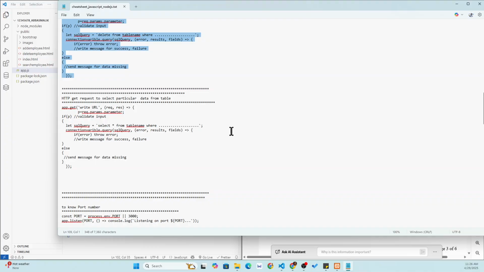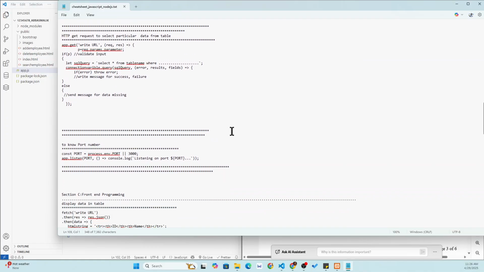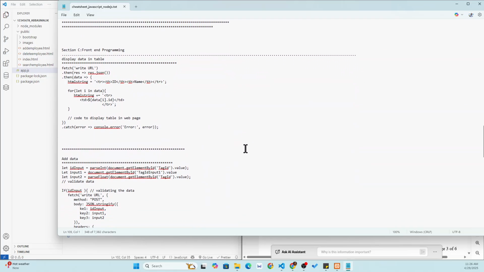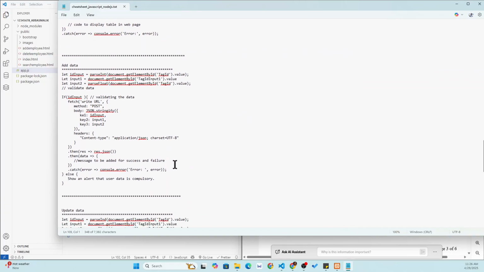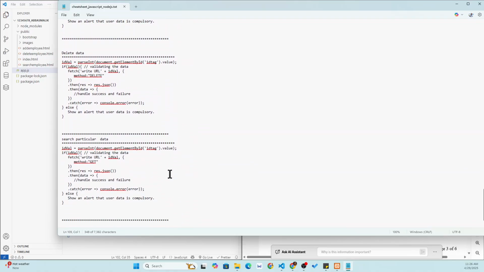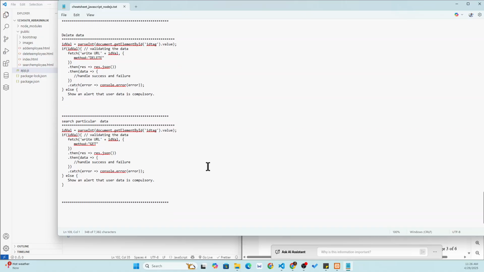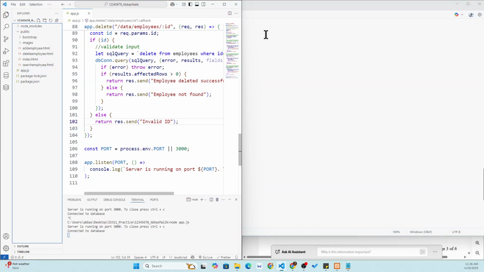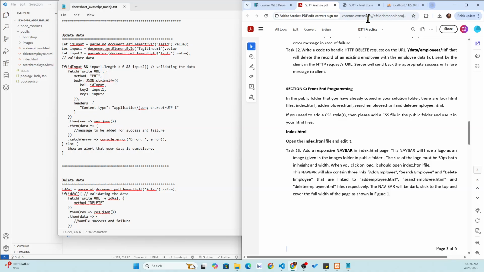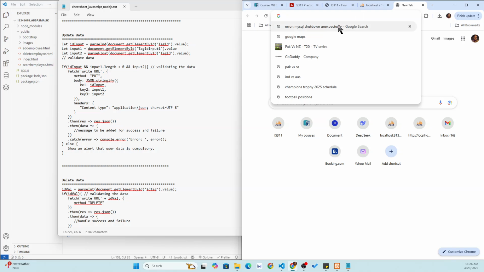So we actually have the get request, then the front end programming, displaying the data in the table, adding data, update data, delete data, and also searching for particular data. So we don't have that navigation bar code. Definitely don't worry about that. If that is the case, you will be provided a sample or the table. So what I can do is go into the Bootstrap